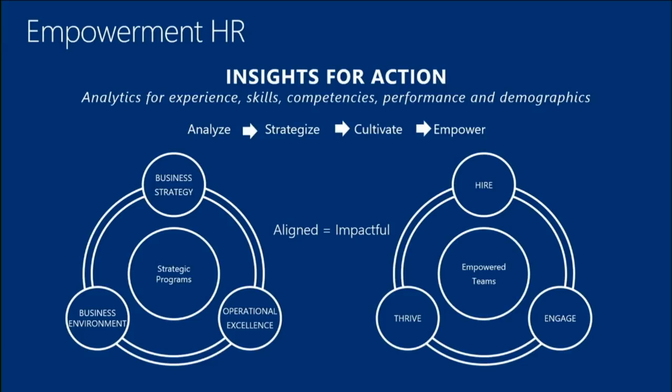Yes, HR and administrative HR, and how HR gets strategic with having the right data to truly build a strategic connected program, but also from the employee perspective, the leadership perspective, and the manager's perspective. So when you look at business strategy, business environment, and operational excellence, this is really where HR